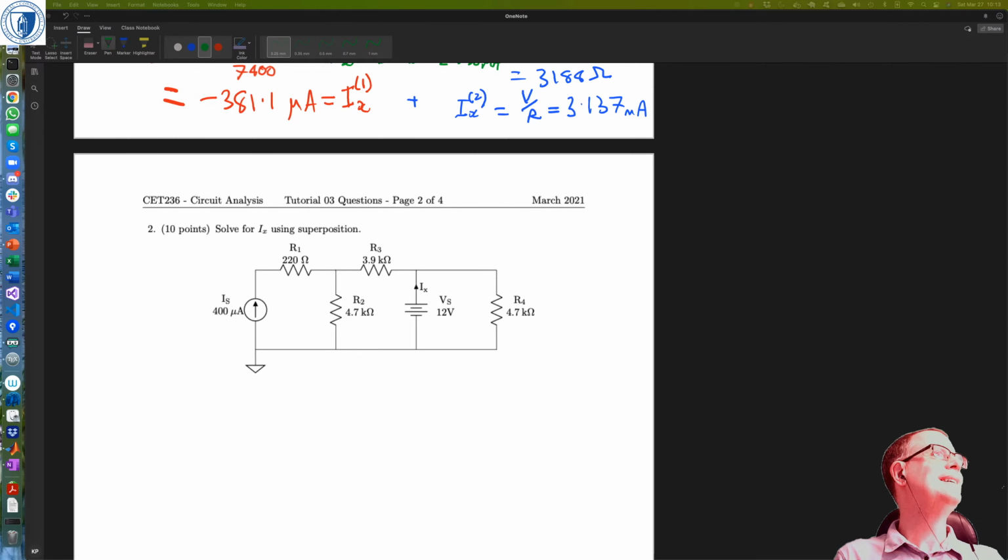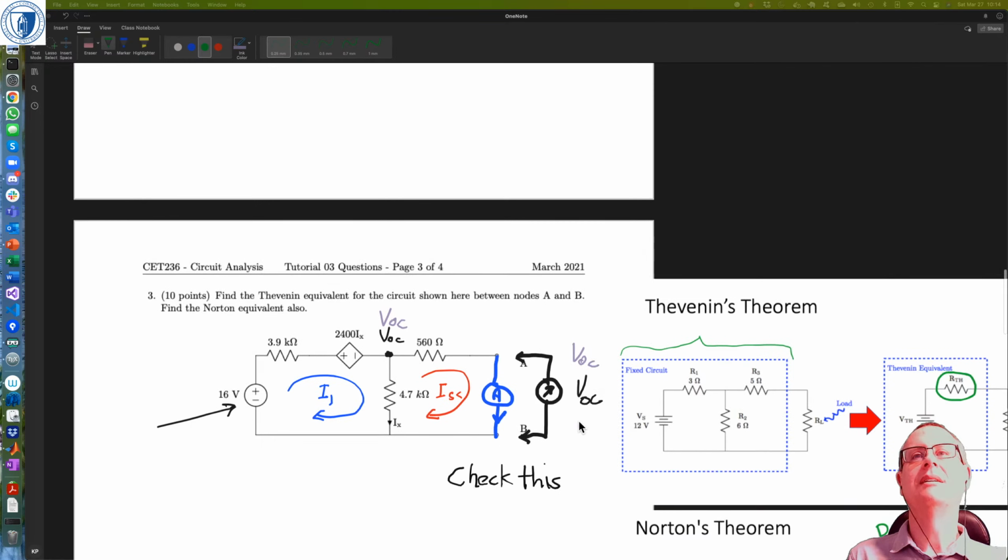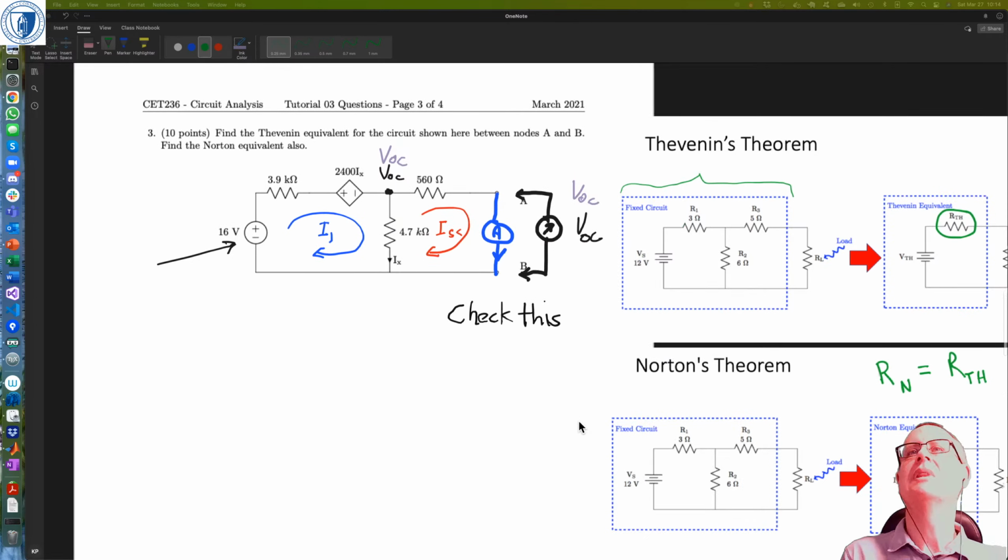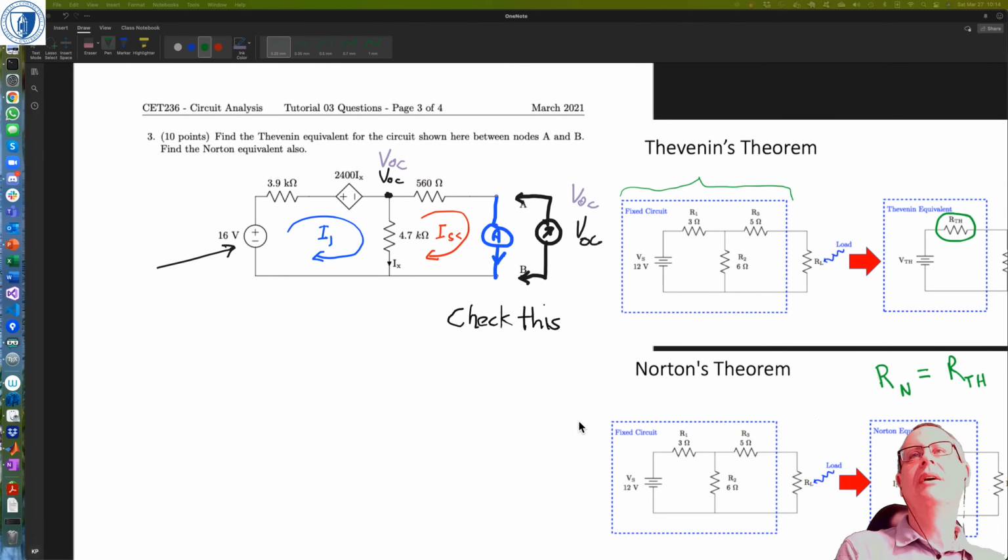No? So what I might do is I might skip question 2. I'll do question 2, but I'll skip question 2 and go to question 3 next. And okay, so